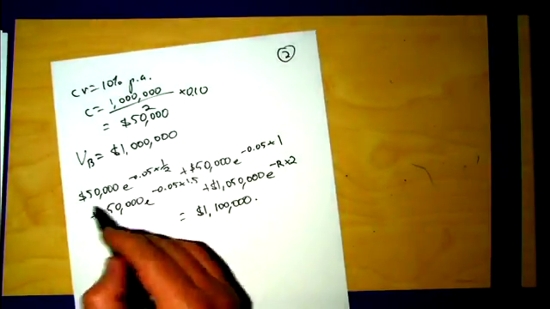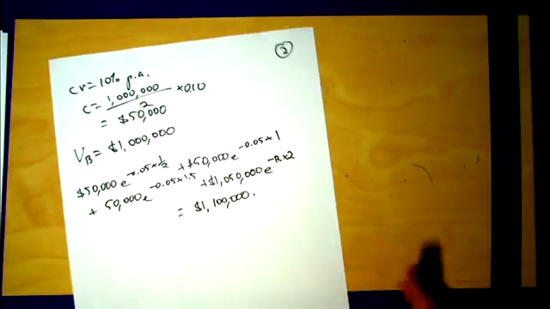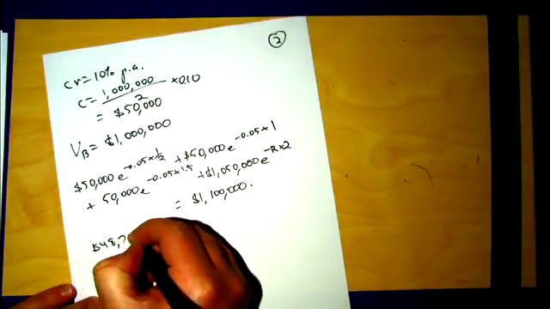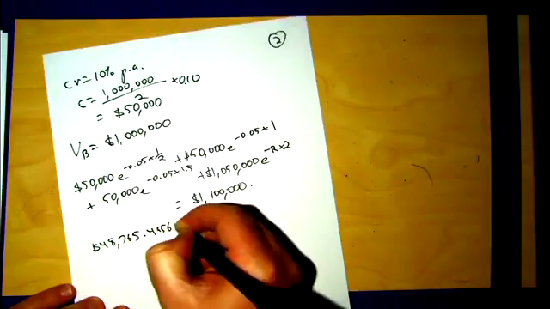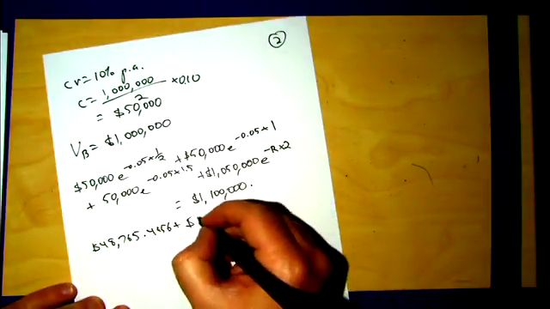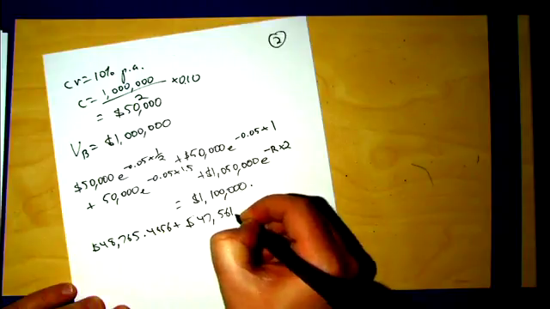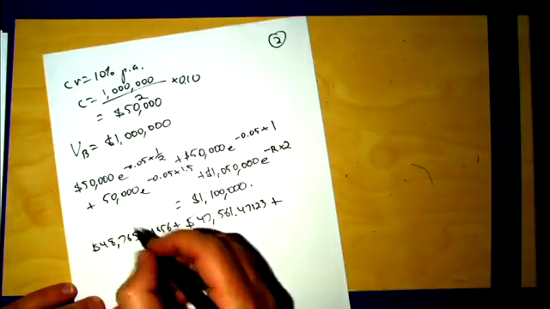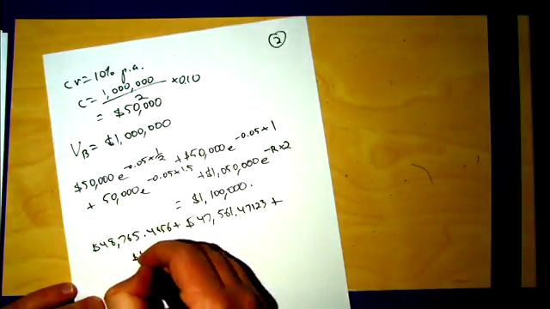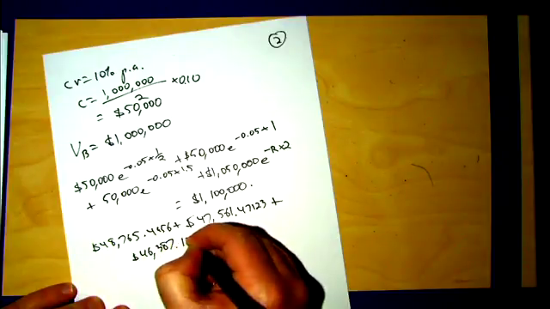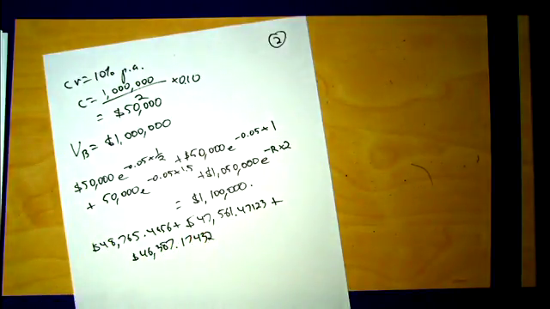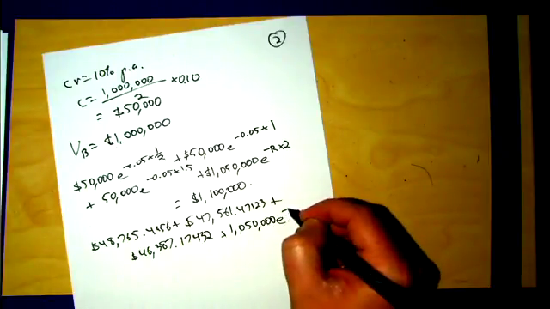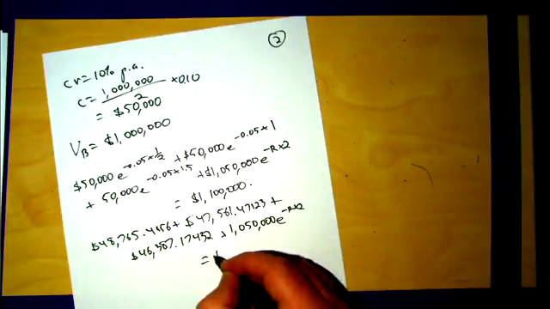Okay, so what I'm going to do is plug these into my calculator and solve for them. So I end up with 48,765.4956 plus, so that's that one. Then I have 47,561.4712 plus the third 50,000. That's going to be equal to $46,387.17432 plus 1,050,000 times e to the power of negative r times 2 equals